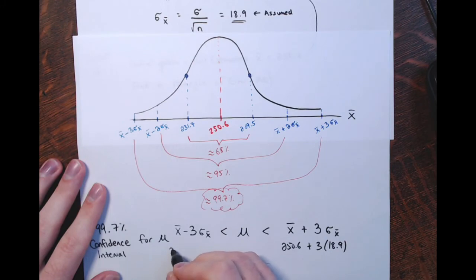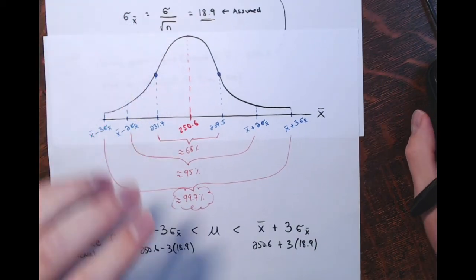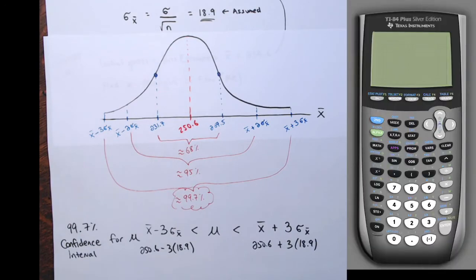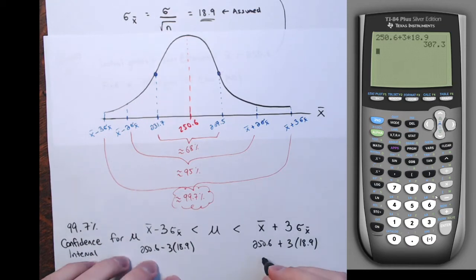And this is 250.6 minus 3 times 18.9. Alright, and I'll pull a calculator up. So 250.6 plus 3 times 18.9. So this upper bound is 307.3